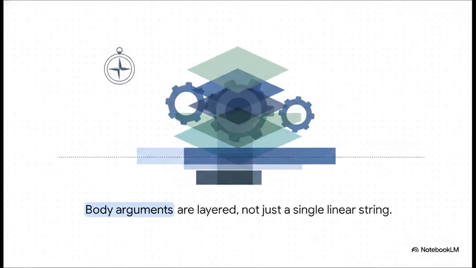Once you have your compass, you enter Step 2, the body. Now, what's really interesting about this slide is how it explicitly rejects the idea of a single-string linear argument. Think of a linear argument like a flimsy house of cards. If your reader disagrees with one single point, the whole paper just collapses. Instead, your body arguments need to be layered, like a solid brick wall. You aren't just making one fragile claim, you're actively stacking conceptual explanations, theoretical support, empirical analysis, and critical evaluation right on top of each other.